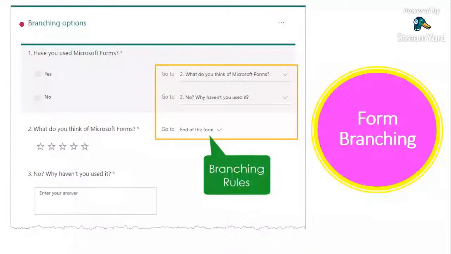For example, for the question "Have you used Microsoft Forms?", with this branching rule, if they answer yes, they will go to question number 2. But if they answer no, they will go to question number 3. So that is the branching rules.